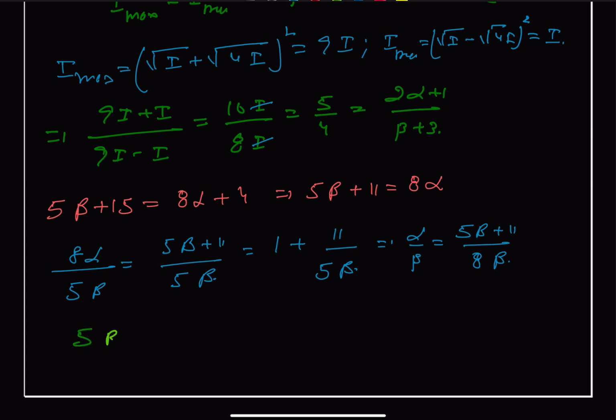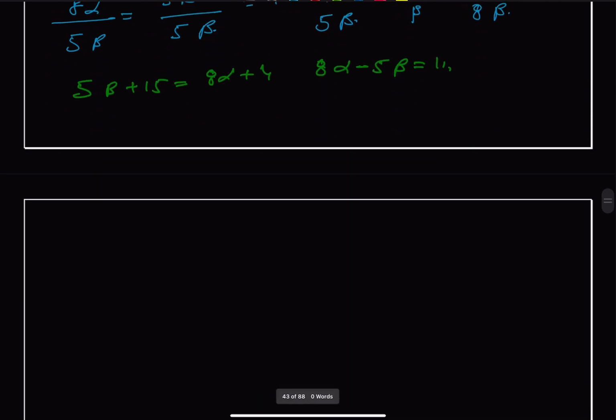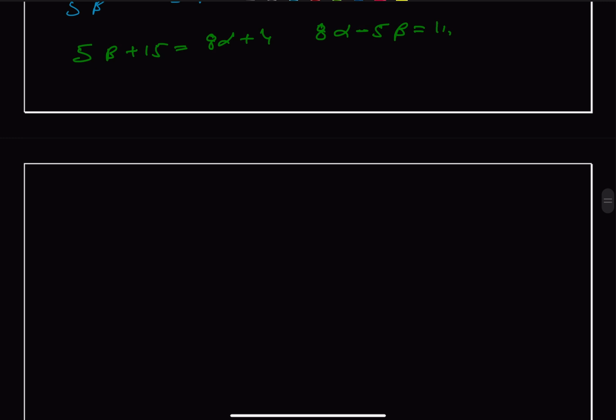5 beta plus 15 is equal to 8 alpha plus 4, which gives us that 8 alpha minus 5 beta is equal to 11. Now we can just compare it, and we have the equation that 5 upon 4 is equal to twice alpha plus 1 divided by beta plus 3. So we get from here, one second,